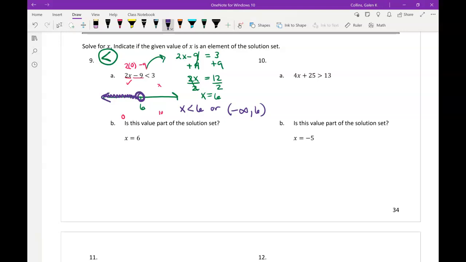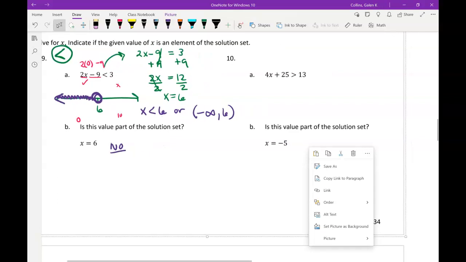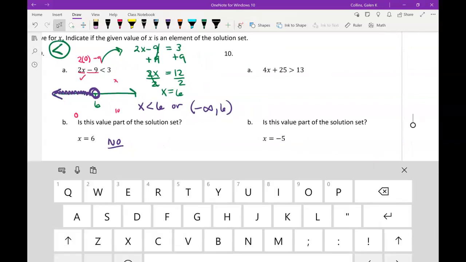So is the value x equals 6 part of the solution set? And the answer is no, because this was not a less than or equal to. Had this been a less than or equal to symbol, then yes. Additionally, in interval notation, that's why we're using parentheses, not brackets. All right, and number 10,